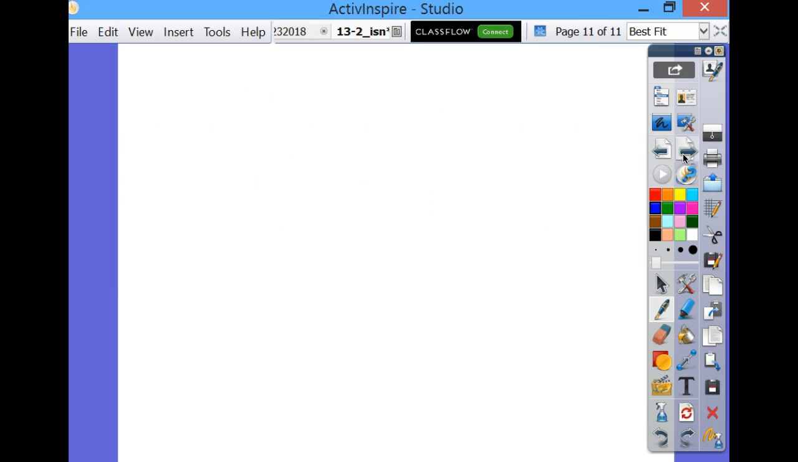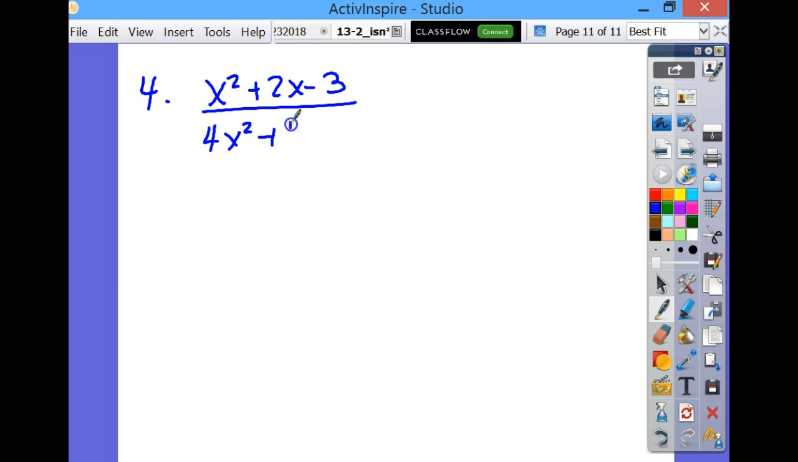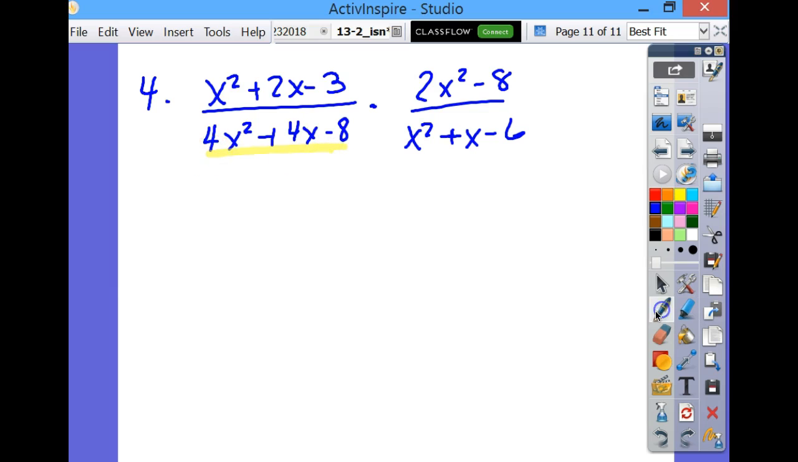And it looks like I lost the next problem. And so the next problem is x squared plus 2x minus 3. What factors out of this right here? What's the common factor right there? You see they all have a 4? And so this is x squared plus 2x minus 3. I'll get back to that in a minute. This factors out